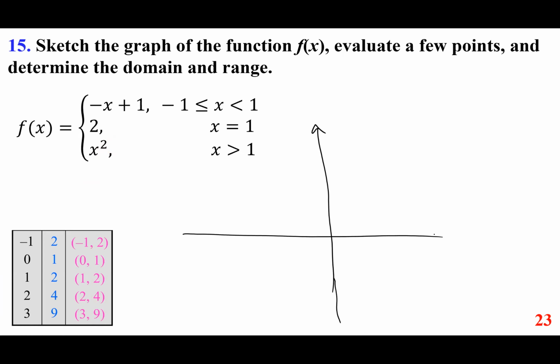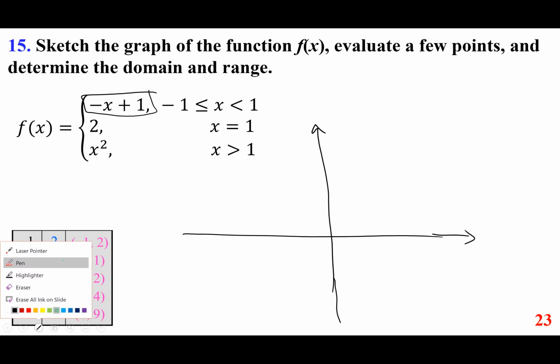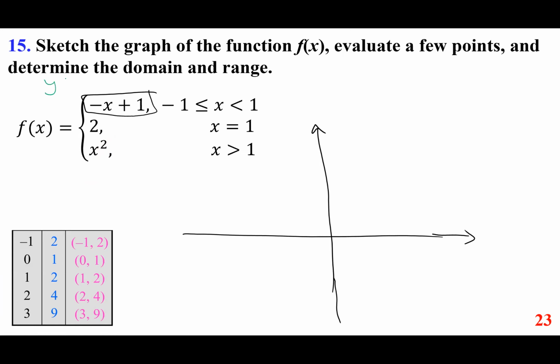Simply put, I'm going to look at this part, and let me use a different color. This is y equals minus x plus 1. I would graph it without paying any attention to the restriction yet. And all I need is a couple of pairs, although the endpoints like negative 1 and 1 would be a good idea. So for example, at negative 1,